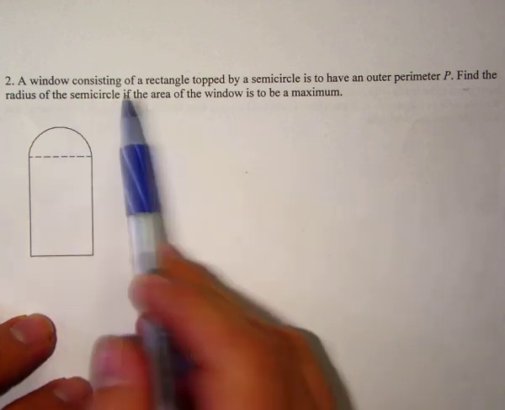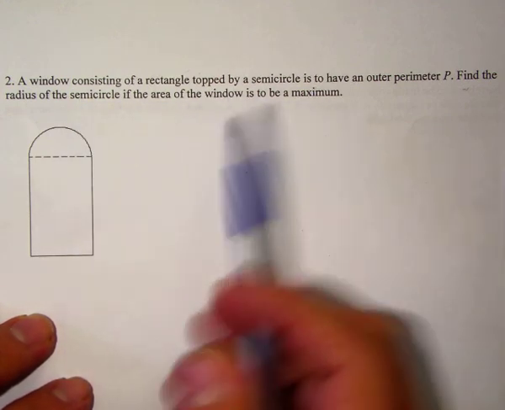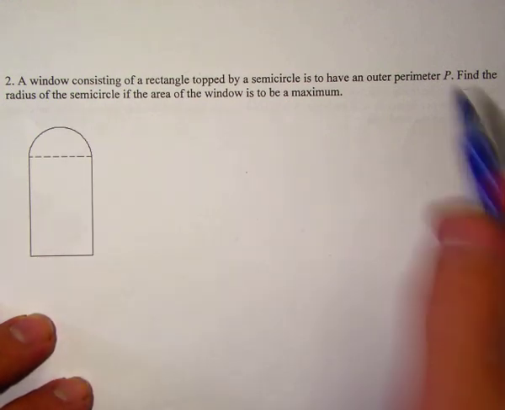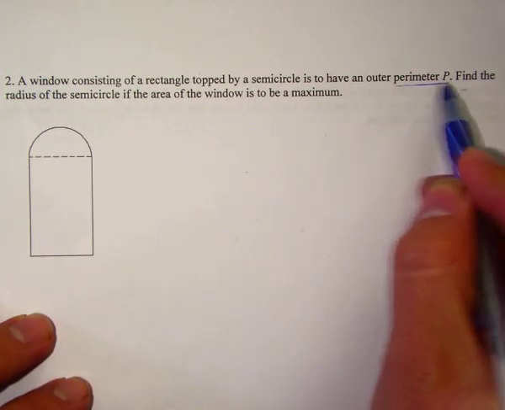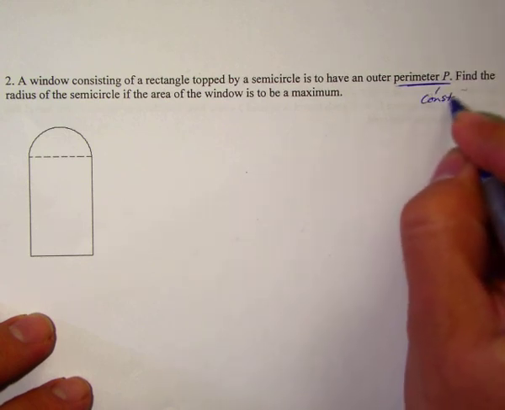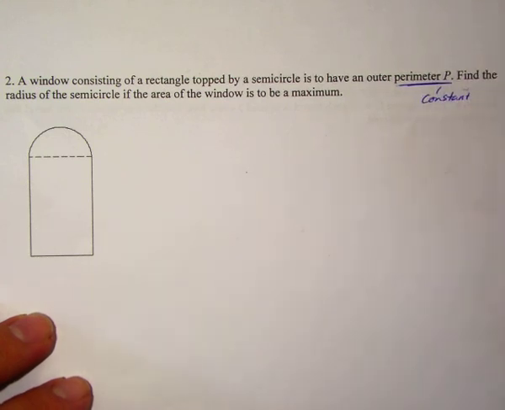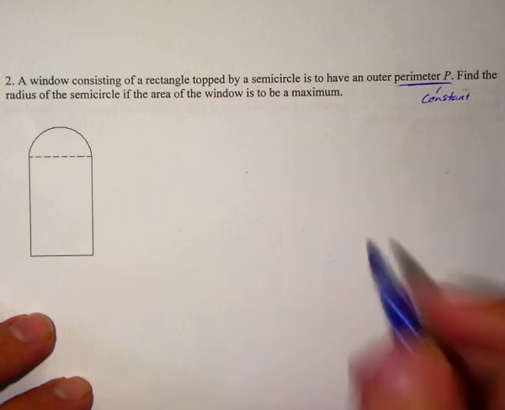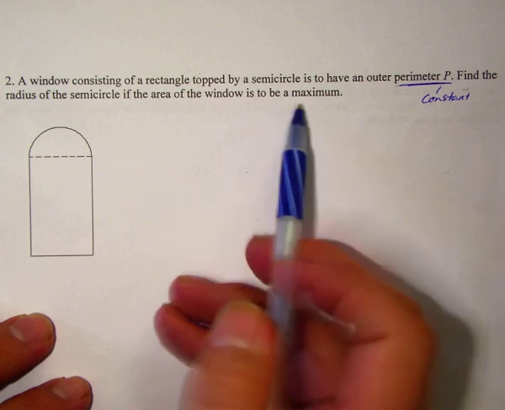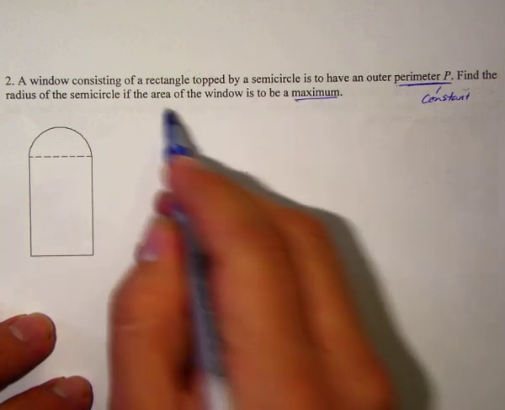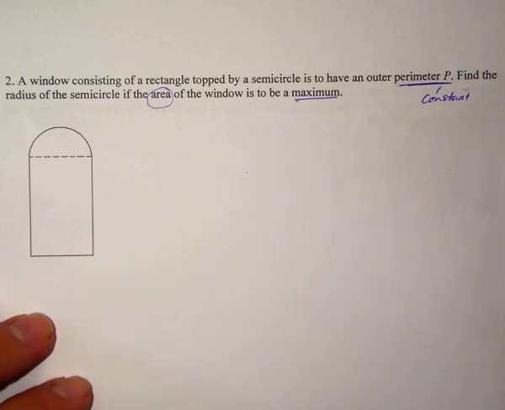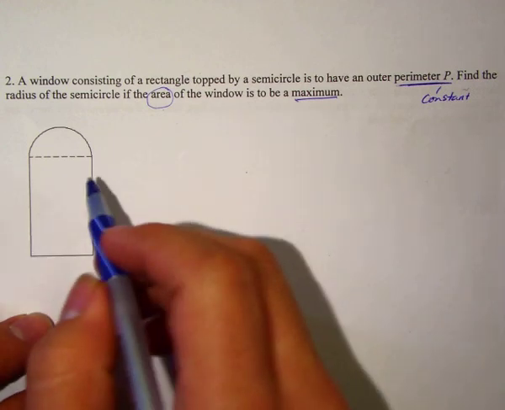A window consisting of a rectangle topped by a semicircle is to have an outer perimeter P. Now this problem doesn't give us the value of P, so I'm going to assume that this is a constant. But we're going to need the formula for the perimeter in just a second. Find the radius of the semicircle if the area of the window is to be a maximum. So we want to find the maximum area, so that's the formula that we're going to determine given some of